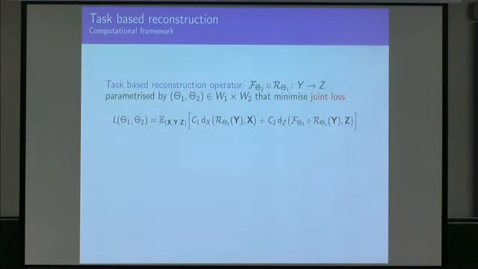So I'm just summarizing now. I have a joint reconstruction operator that takes me directly from my data into whatever Z is. It's parameterized by at least two parameters in this way. These could be quite high dimensional parameters, but nevertheless they're finite dimensional. That's important. And they're trained against this joint loss function, which looks like this. Okay? This is essentially the setup.